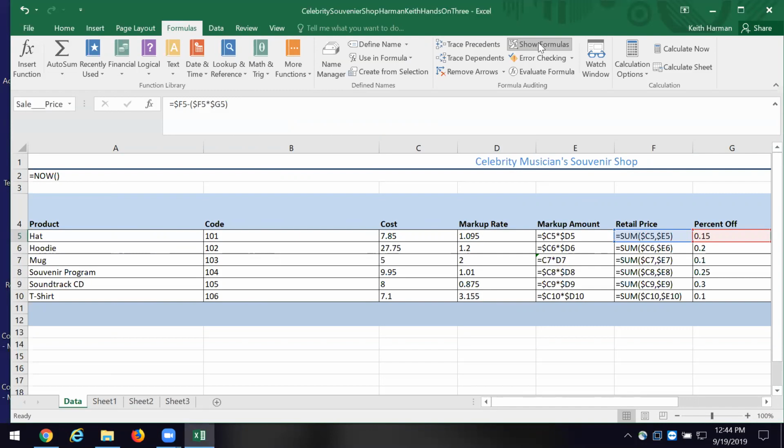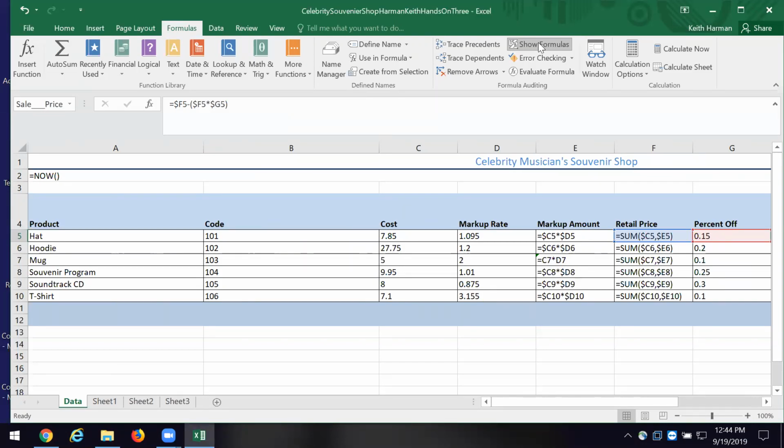I see a product, and I don't see any formulas in the products. I see the hat, hoodie, etc., right? I see the codes for those products. Those are identifiers of some type. And then I see the cost.